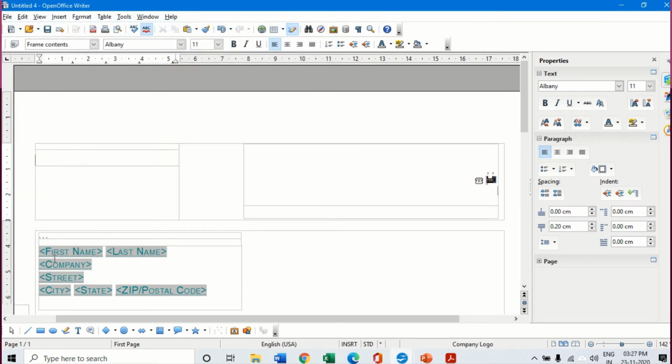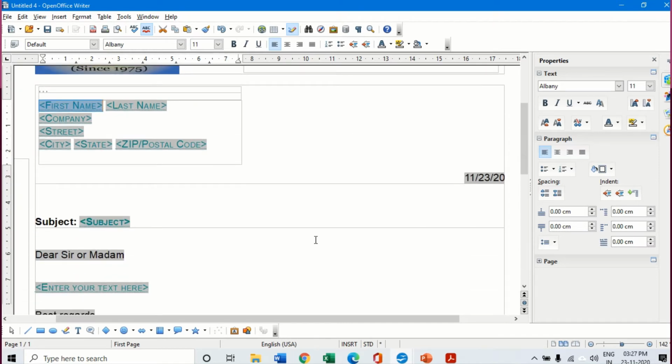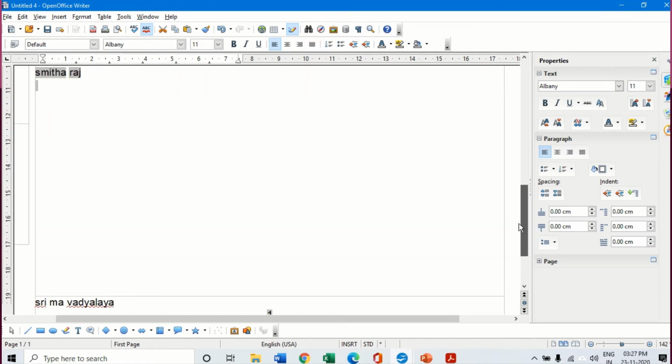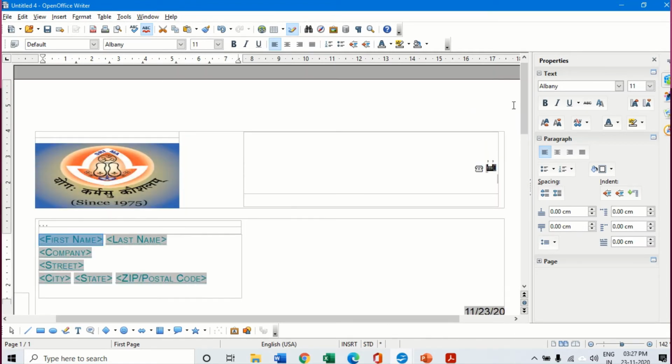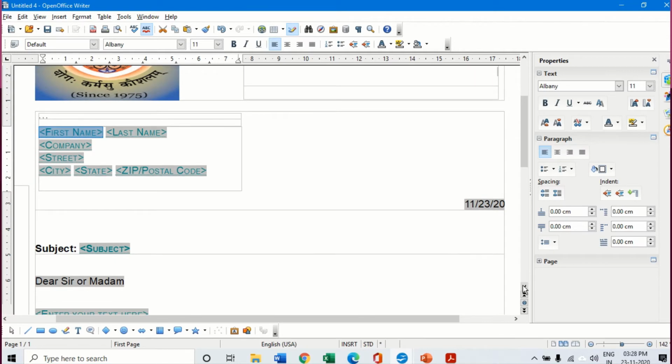And here I can write down all the other details. The template is already ready. First name, whoever, the company name, all the details are already there. You simply have to type the subject matter and the text over here. So accordingly, the entire template for my letter is ready. In this way I can just fill in the blank wherever needed, and I can make a letter very fast using the wizard.